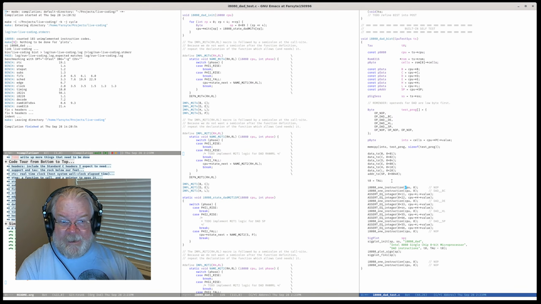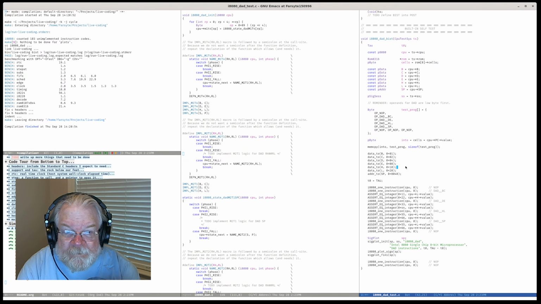So what should we be getting? HL is going to be B, C, D, E. Oh, that one is in the high byte. Okay, so 4080 for some consistency.